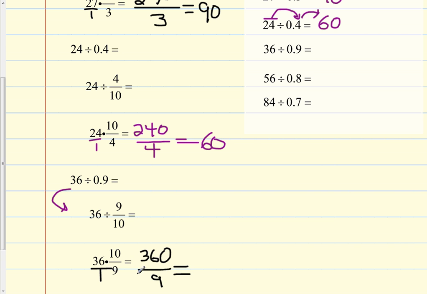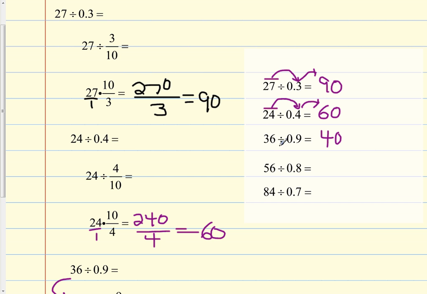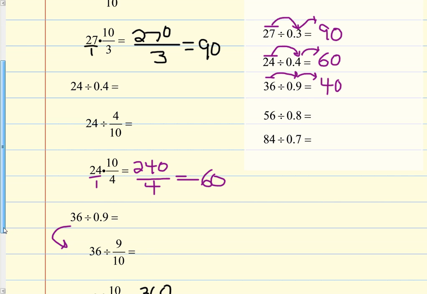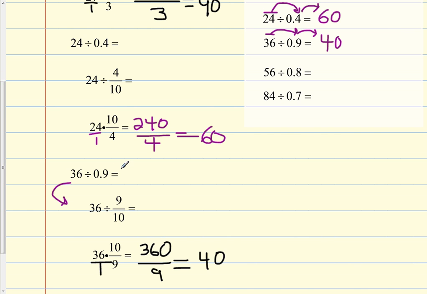Now I have the straight division. 360 divided by 9 is 40. And as we add that to our chart over here, what are we noticing is happening? If you recall, 36 divided by 9 is 4, but when we divide by 9 tenths, it becomes 40. Well, what's the reason for that? Notice this problem really ended up turning into this problem, which means that 36 divided by 9 tenths is the same problem as